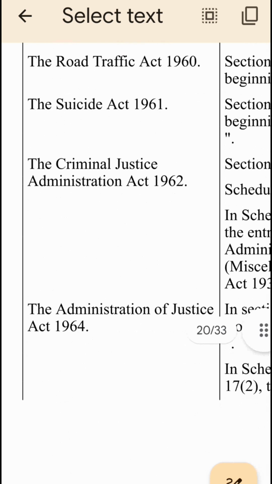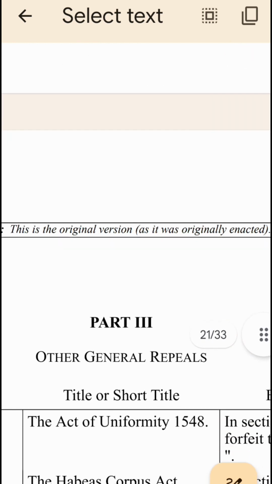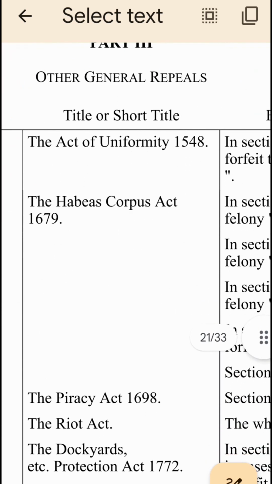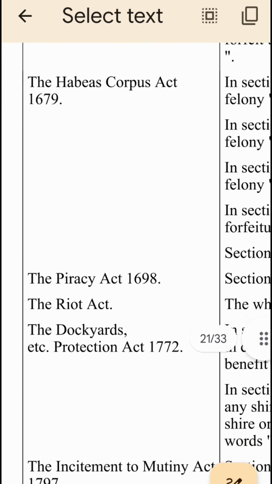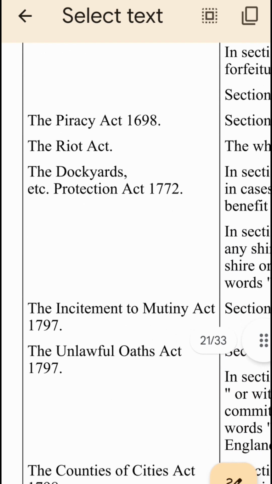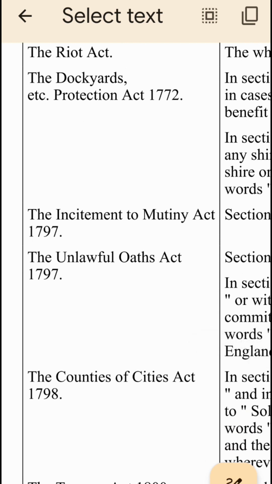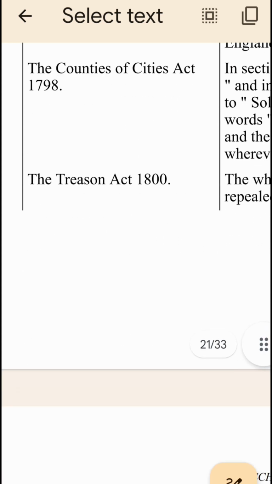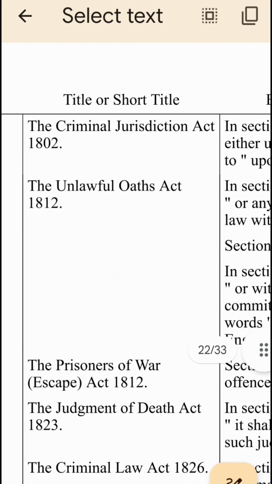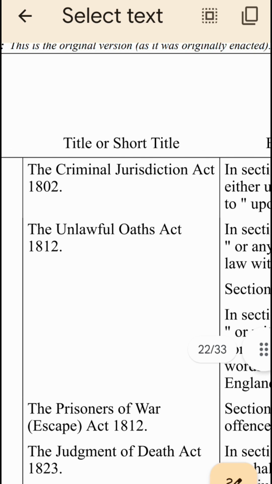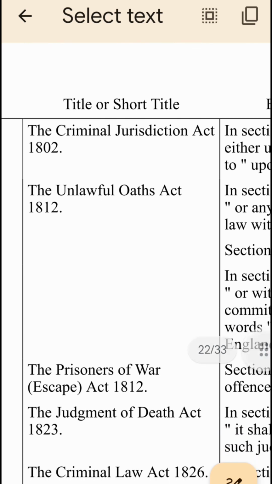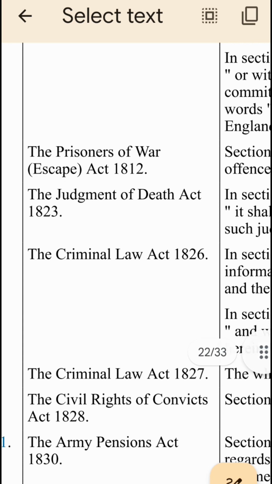Suicide Act, Criminal Justice Administration Act, the Administration of Justice, Act of Uniformity, Habeas Corpus, Piracy, Riot Act, Dockyards Protection, Incitement to Mutiny, the Unlawful Oaths Act, Counties and Cities Act, Treason Act. There's so many of these. The Criminal Jurisdiction Act 1882, the Unlawful Oaths Act, Prisoners of War Act, the Judgment of Death Act 1823, Criminal Law Act 1827,